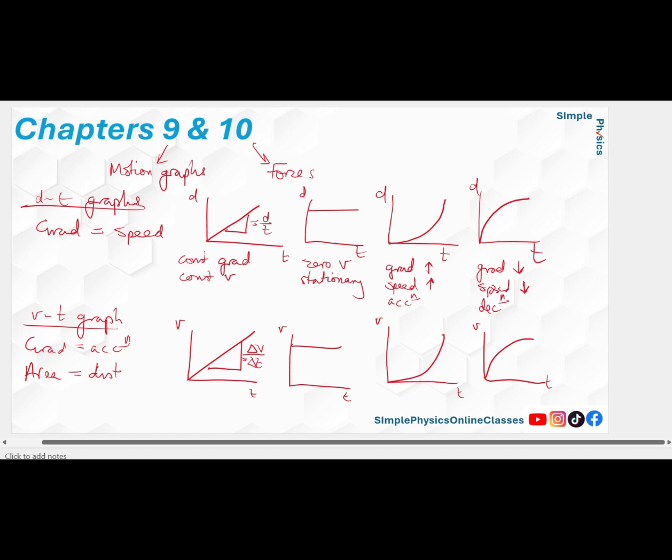So what do we got here? We got constant gradient, constant acceleration. Here, zero gradient, zero acceleration. So it's not accelerating, but it's not stationary because it's got a certain speed. So here it's a constant speed. It might have a constant speed of zero if the horizontal line was right at the bottom. Here, what do we know? The gradient's increasing, so the acceleration is increasing. And here, gradient decreasing, so therefore